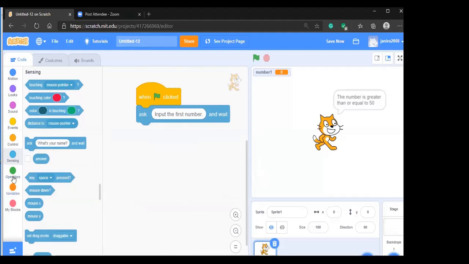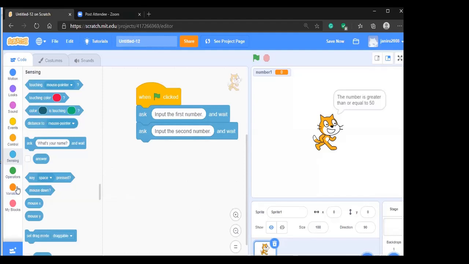We can ask the second question as well: input the second number. When you input this, the answer will be stored in this answer placeholder, or answer variable as we call it. Now we have to have two different, unique places or variables to store them.